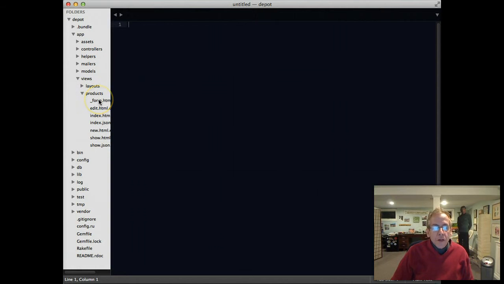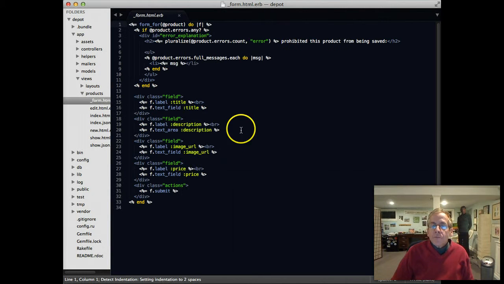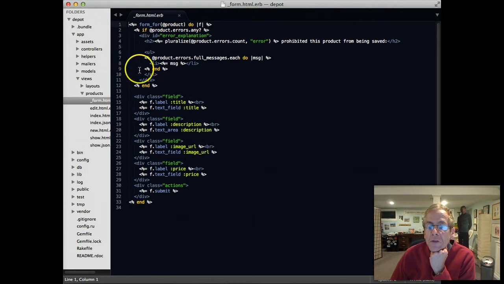And in there we're going to find the underscore form view. And there's a lot of stuff in here which you will learn about as we go along. But if you think about our discussion about ERBs the other day, you'll see a lot of these percent equals businesses, and then you see some stuff that looks like HTML. So essentially this is a view, it's a template which gets expanded during view rendering to expand things like percent equals form for. But the small thing we're going to do is simply add,